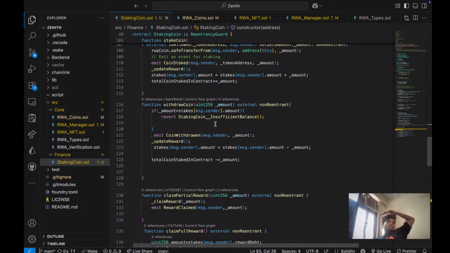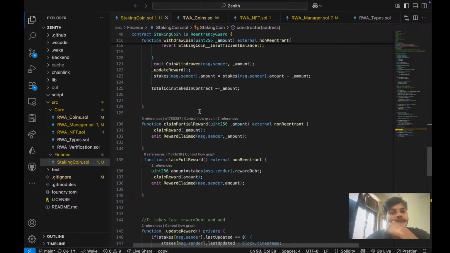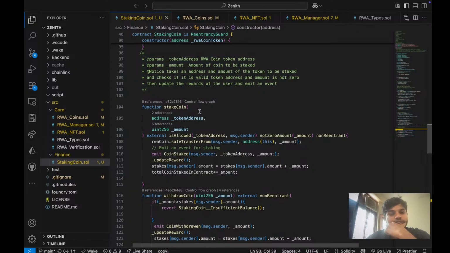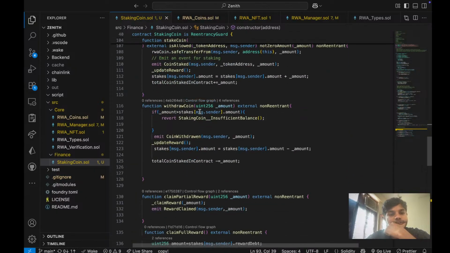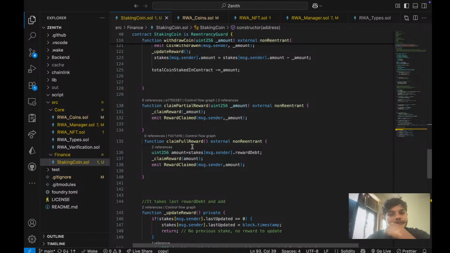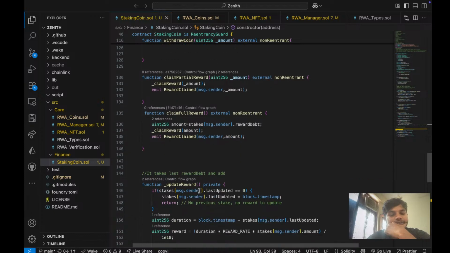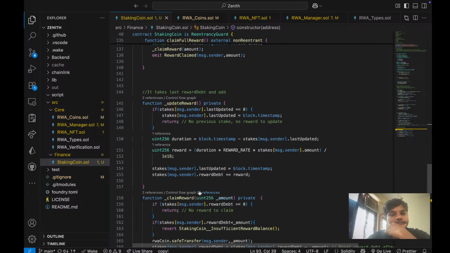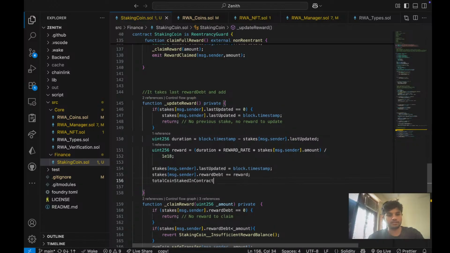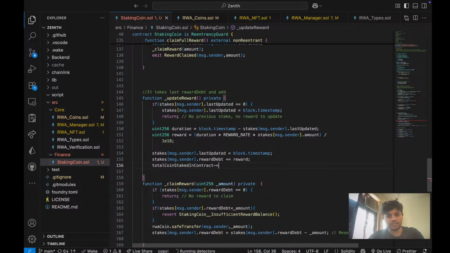I should make these functions internal. So, when you are claiming, it's a withdraw point and all the claim partial reward, claim full reward. We will just reduce the total coin minus equal to